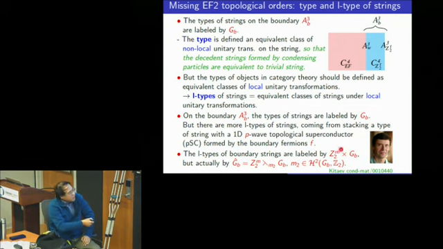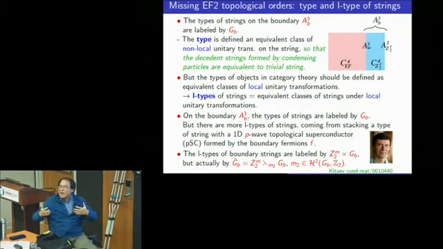But then there's some subtlety. If it's just a direct product, then we can really drop it. We don't need that, and so my earlier result will be correct. So that will be the EF1. However, this 1D topological superconductor is called an invertible topological phase. So we only know whether two strings differ by this topological superconductor or not. We are not sure which one has it and which one doesn't.